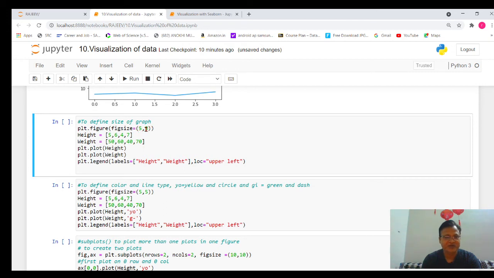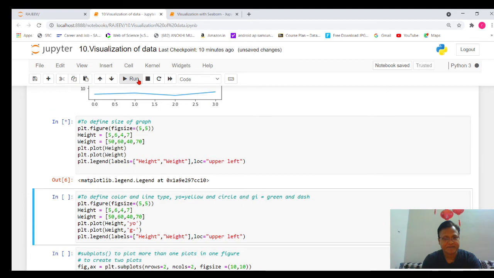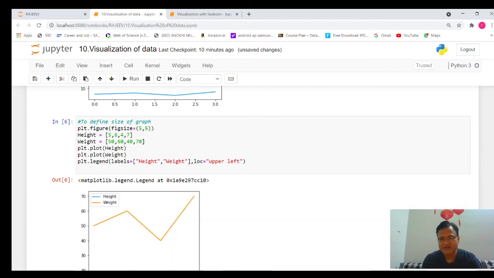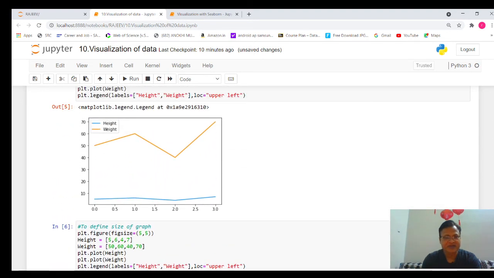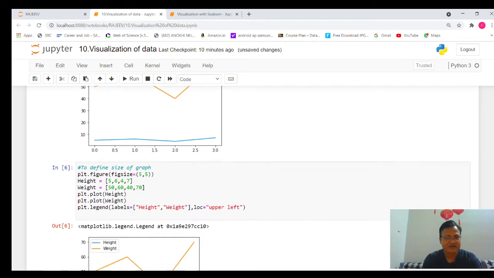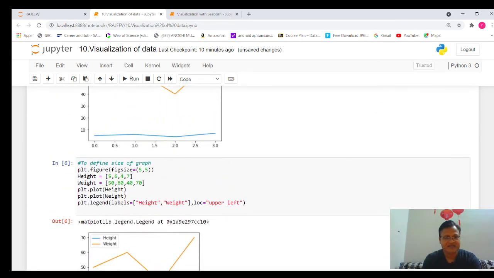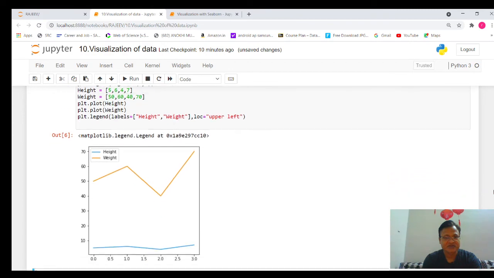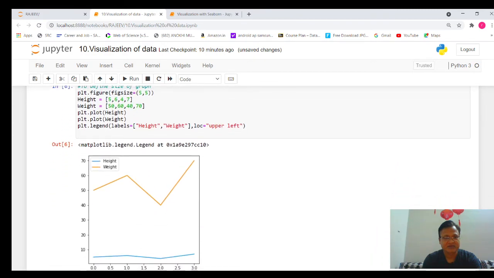So whatever value you give, depending upon the values, the graph size will increase or decrease. If you execute that particular part, here you will see, if you compare this particular graph to that particular graph, the size has been reduced. So you can handle the size of the graph with the help of figure, by giving the figsize parameter.